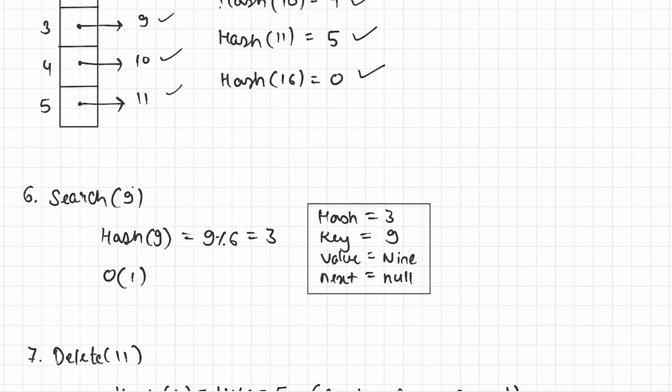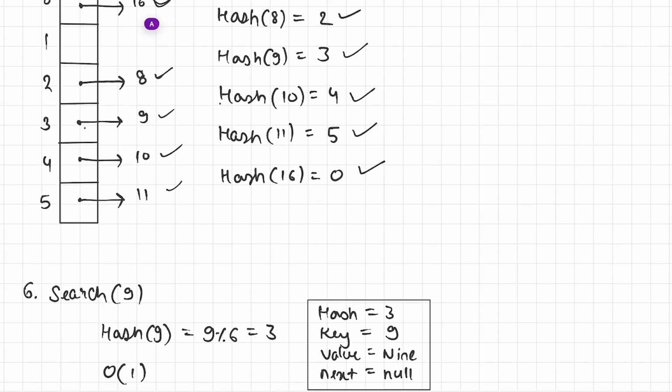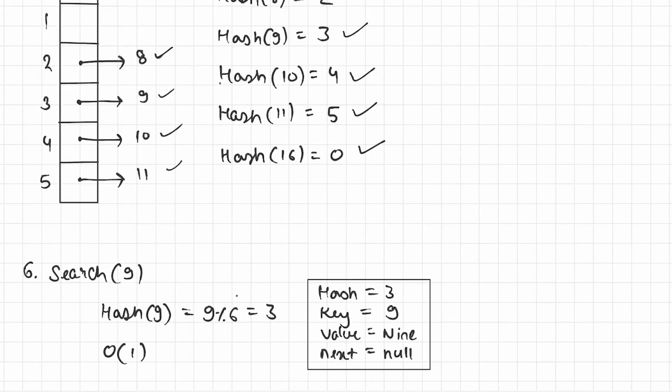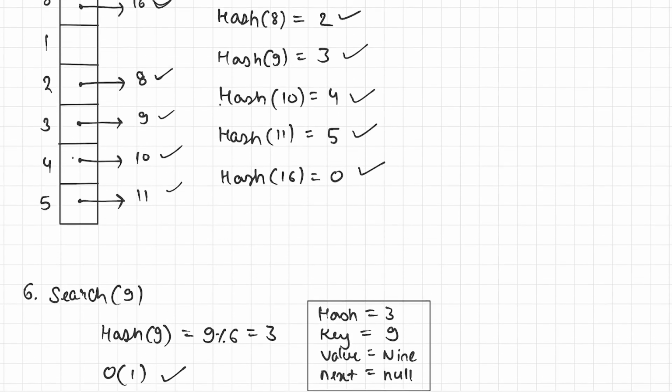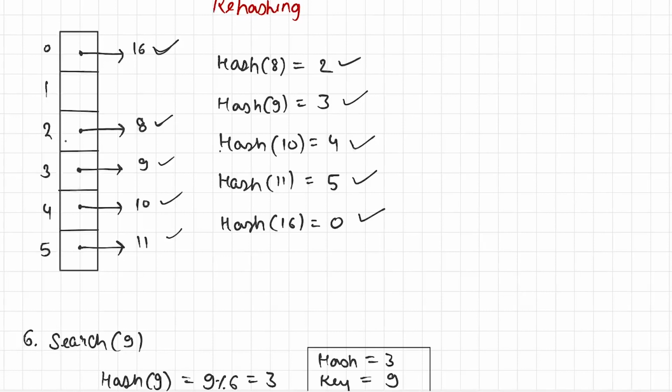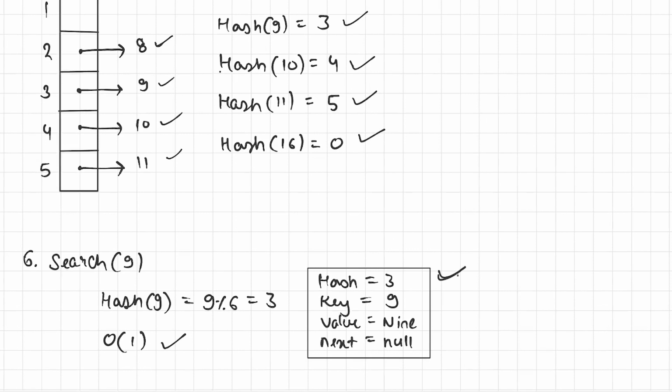For example, I want to search for the key 9. In this case also, HashMap computes the hash code of 9 with the current capacity, that is 6. It comes out to be 3. As soon as HashMap gets this index, it directly goes to index 3 or bucket 3 to get the object stored at that particular bucket. And we can perform this operation in O(1) time complexity. You already know the reason: this is an array, and if we have an array, then we have the advantage of random access support. By going to index 3 or bucket 3, we get the object back, that is 9.